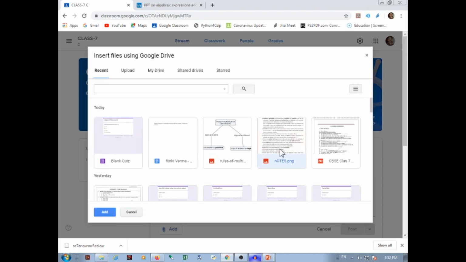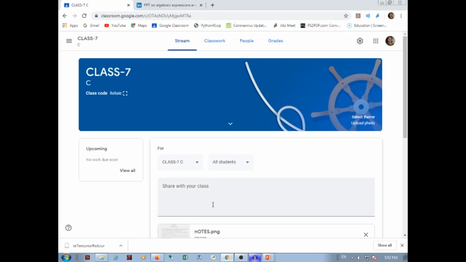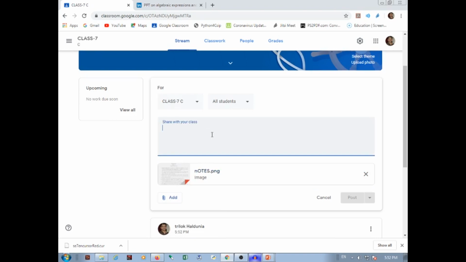Okay, so these notes I have already uploaded here, so I can add them. As you add it, the notes are attached here. Now we have to write the message. So in this way we can add the Google Drive data in our class. Okay, so click on the post.